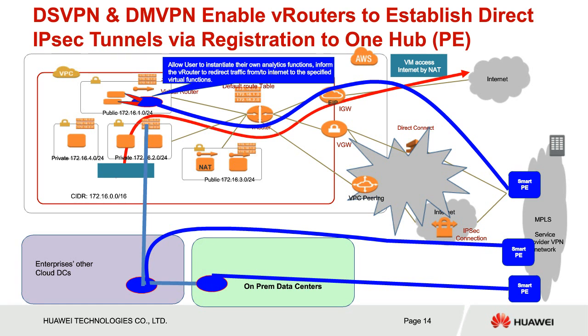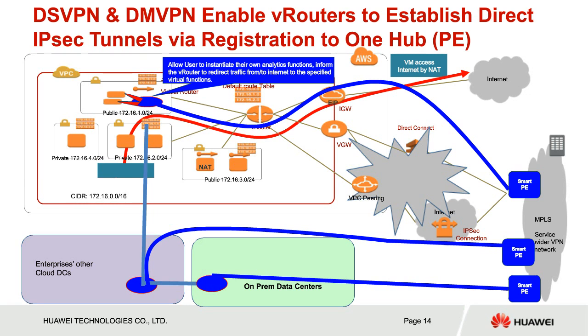So now we come to a little bit of detail on how a virtual router works and how virtual routers interconnect with each other. Once you instantiate a virtual router in a public cloud data center, you basically can establish your own security association between your on-prem PE, for example, if you are a network service provider, you extend your PE to the virtual router in the cloud data center. And then you can manage the security association between your provider edge and the virtual router. Okay, so you can manage that individually.